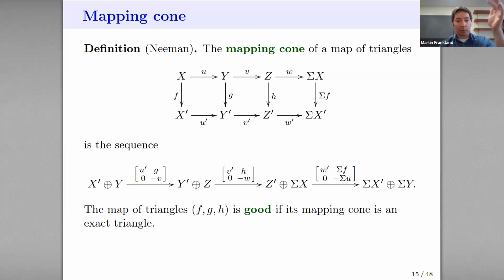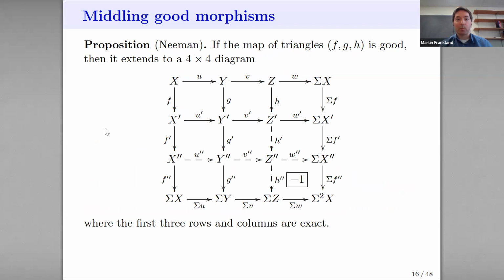Right, the map is called good if its mapping cone is an exact triangle. All right, what can we say about those good morphisms? Well, for one thing, if you start with a good morphism, you can extend it to a 4x4 diagram. And that might be reminiscent of work of Verdier, I think it was in the 60s, early work on triangulated categories, where he showed that any square you start with extends to a 4x4 diagram. But you see that now we're starting with the whole first two rows, the top rows. And that's why it's not always possible. But if it is possible,